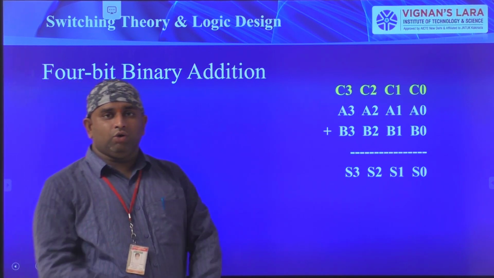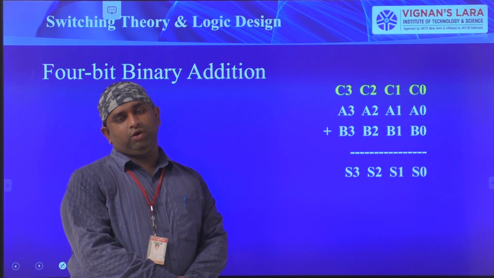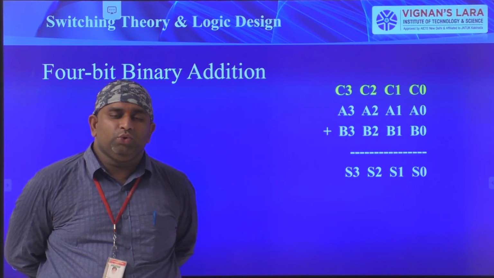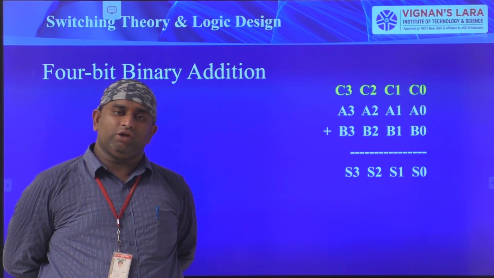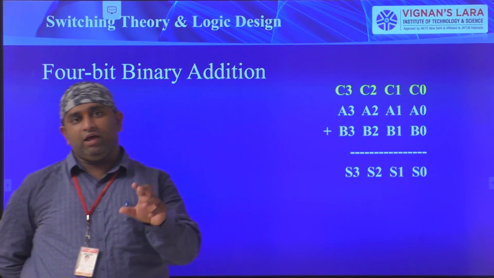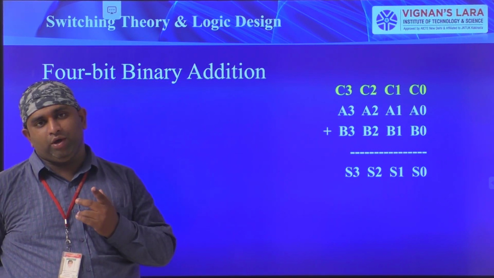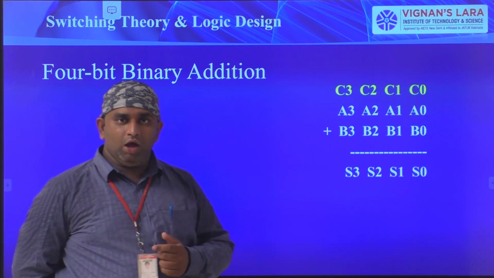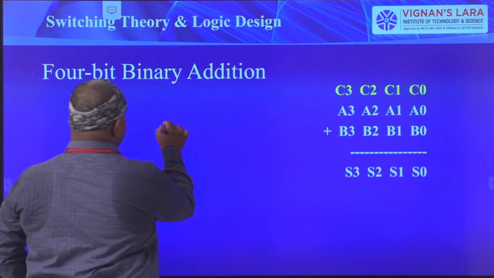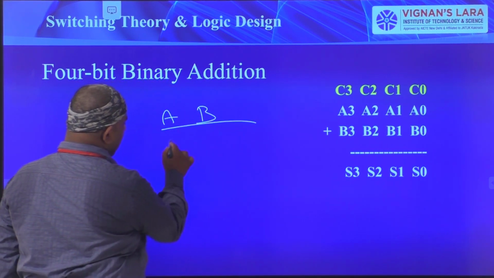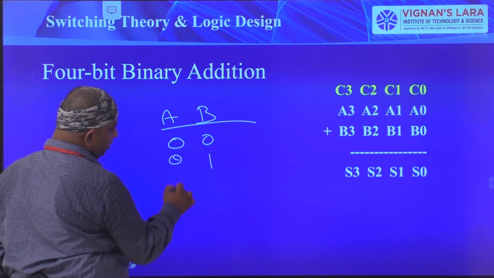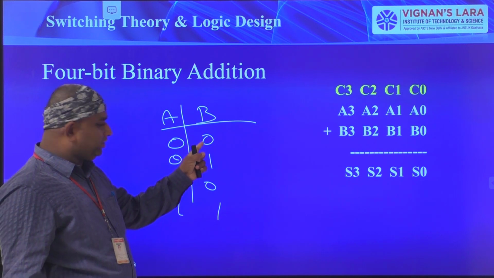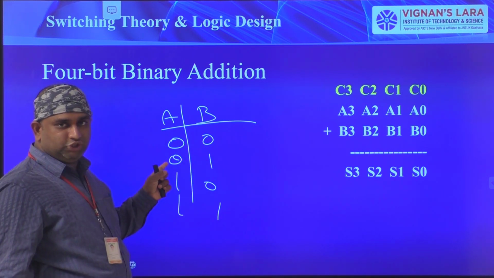Next. Now, we have entered into the original task, binary adders. So we have seen single bit adders only, the half adder and full adder. For the half adder, we have taken A equal to either 0 or 1, and B equal to either 0 or 1. I have taken A, B as 0 0, 0 1, 1 0, 1 1.